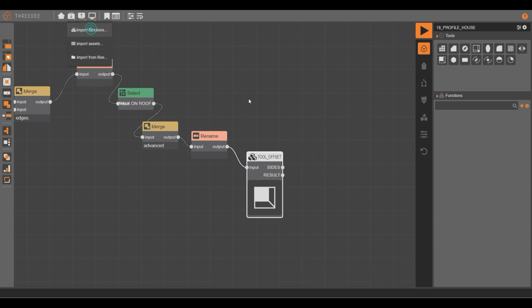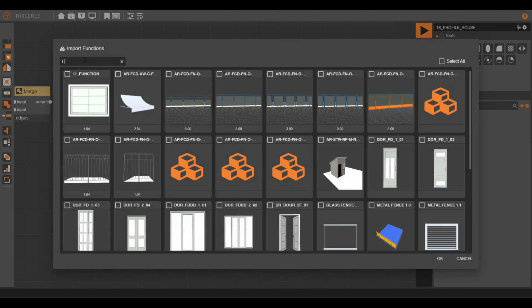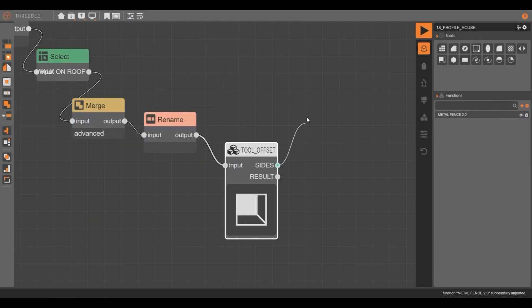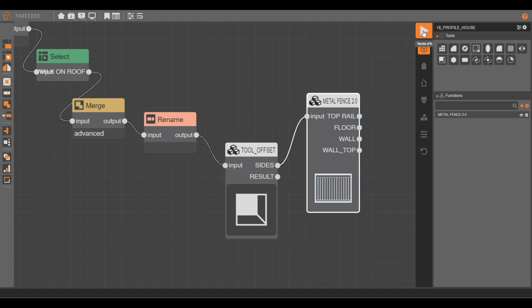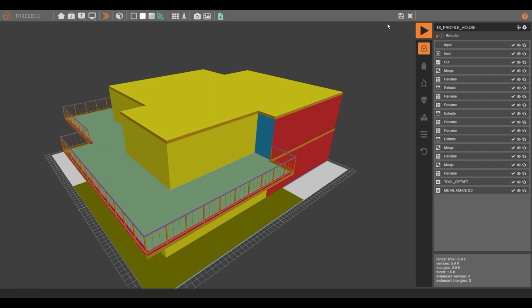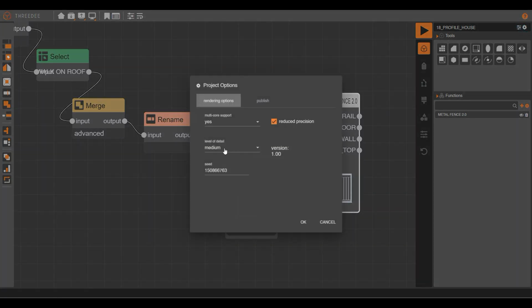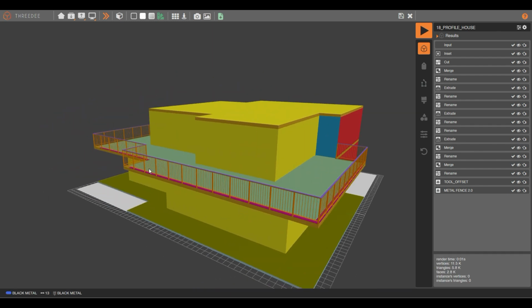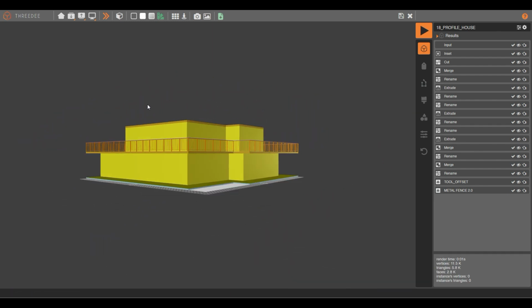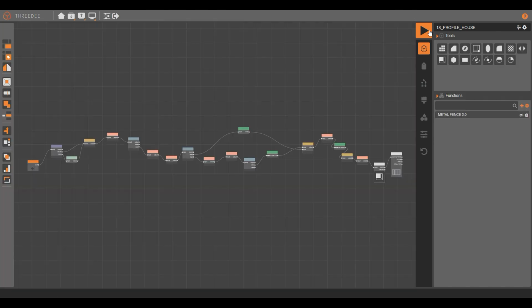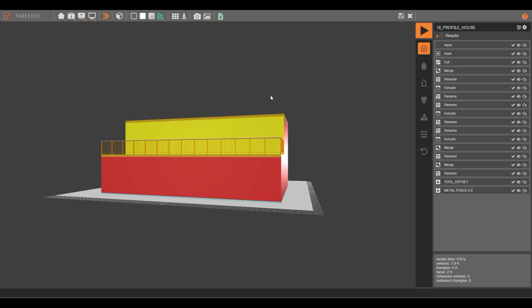I will import my rails, this one, and on the sides I will put my rail. Let's fix the high level of detail, and now you have your rail for the terrace. Okay, as you can see here, sometimes